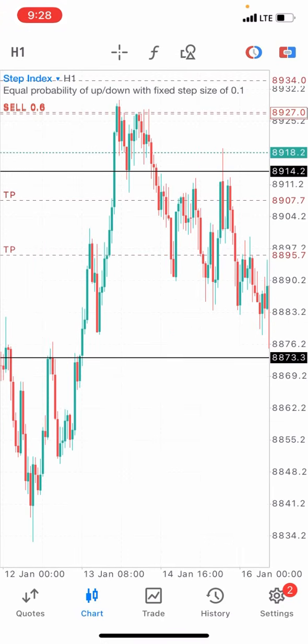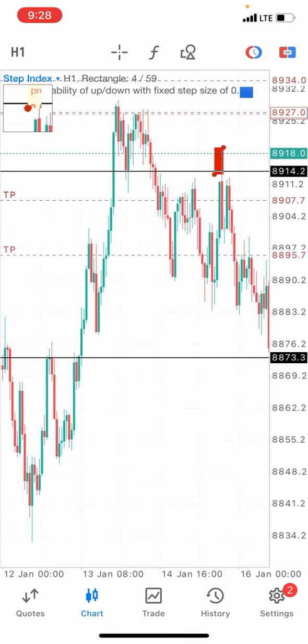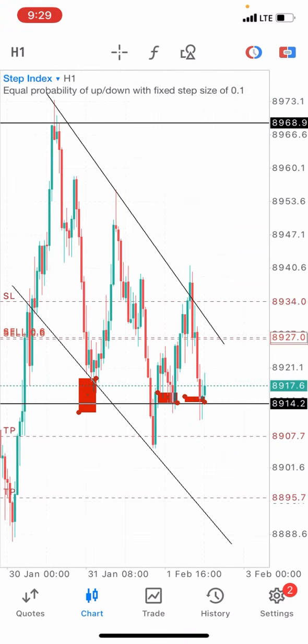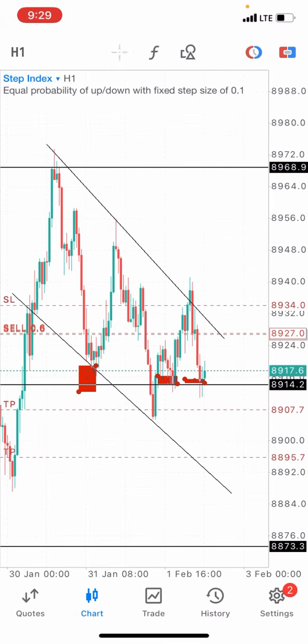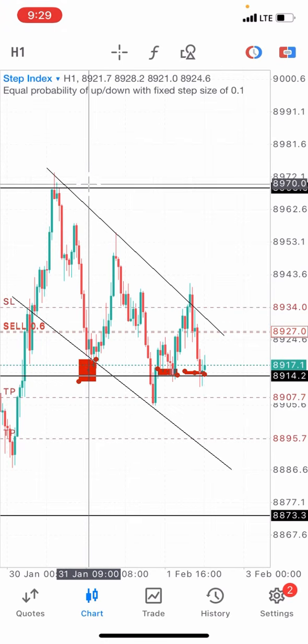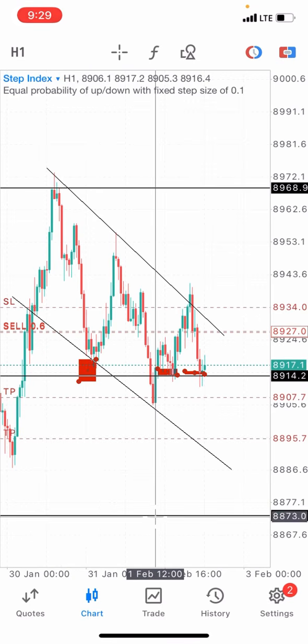Okay, you can see that we have several touches on the 1 hour time frame. Now this support that I realized on the 1 hour time frame is in between the resistance on the 4 hour time frame, right? See, we have resistance here that I pointed out on the 4 hour time frame. We also have here below the one on the 1 hour time frame.